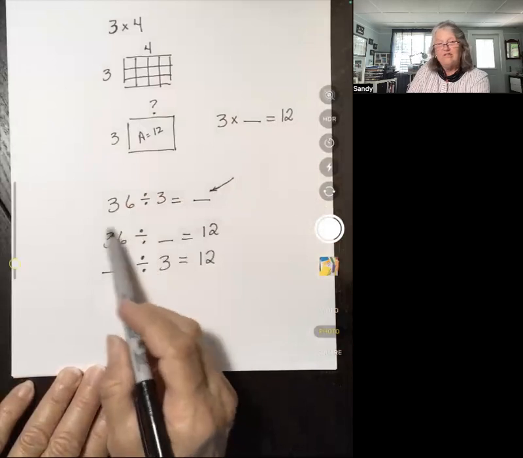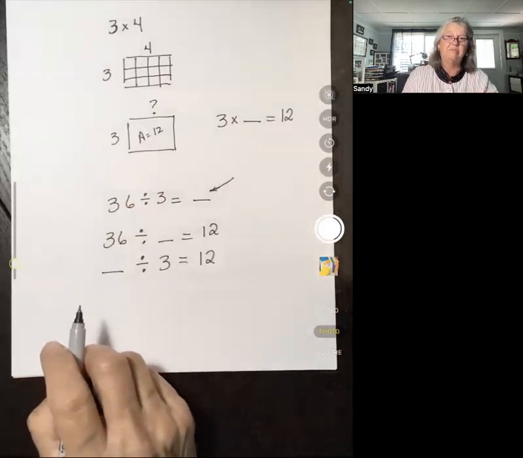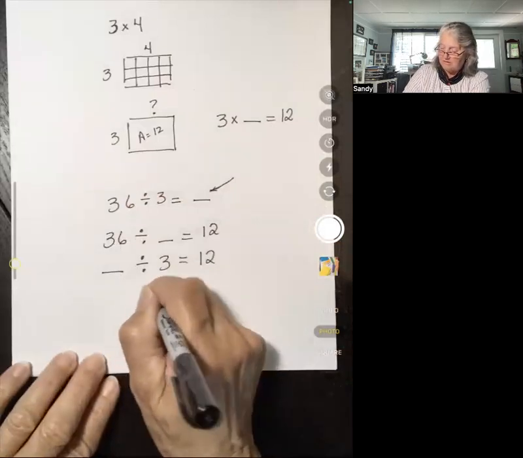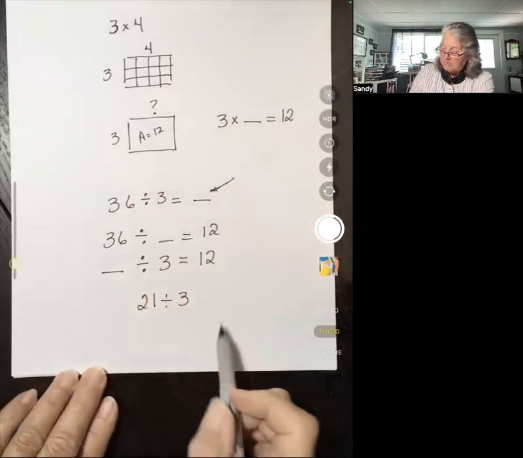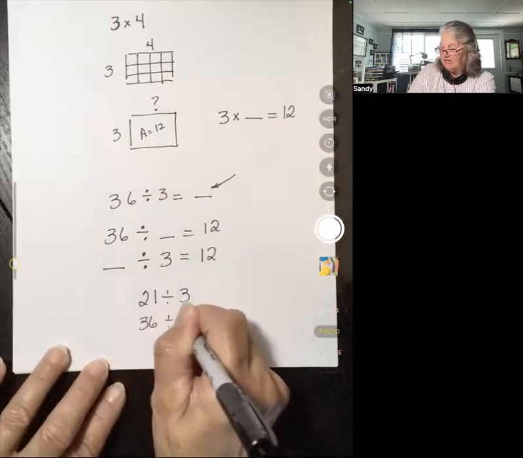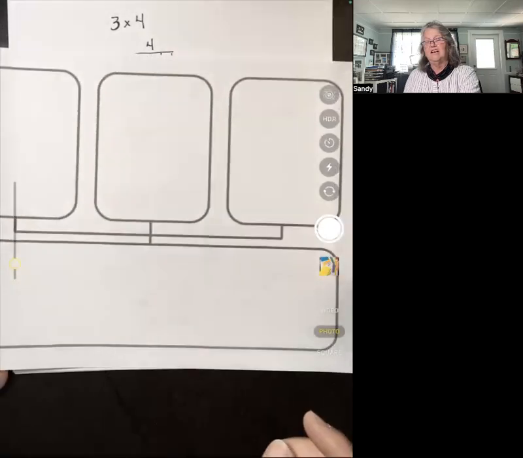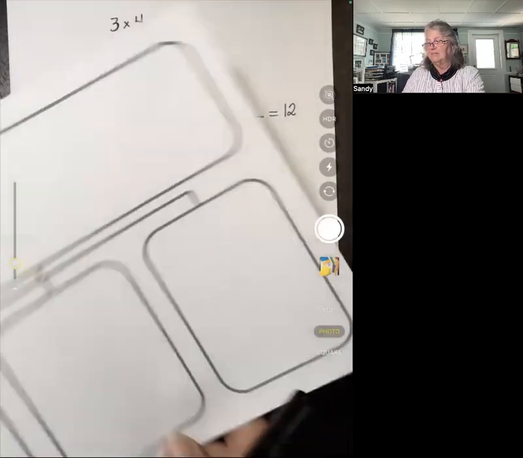And I don't need to increase the numbers to increase the challenge. Just like 21 separating into 3 equal groups is much more complex when I'm modeling it than 36 separated into 3 equal groups. Larger numbers don't mean harder. Smaller numbers don't mean simpler. But in all of this, we're keeping in mind the models we're using. We're using them purposefully. We're trying to make sure that the models we pick also help build the link between